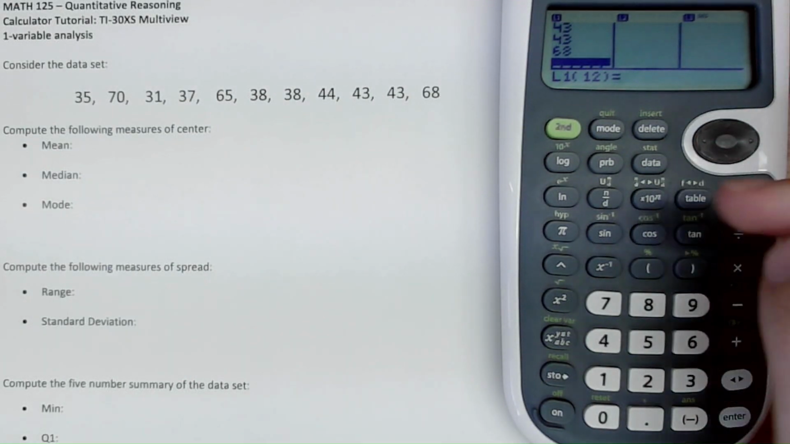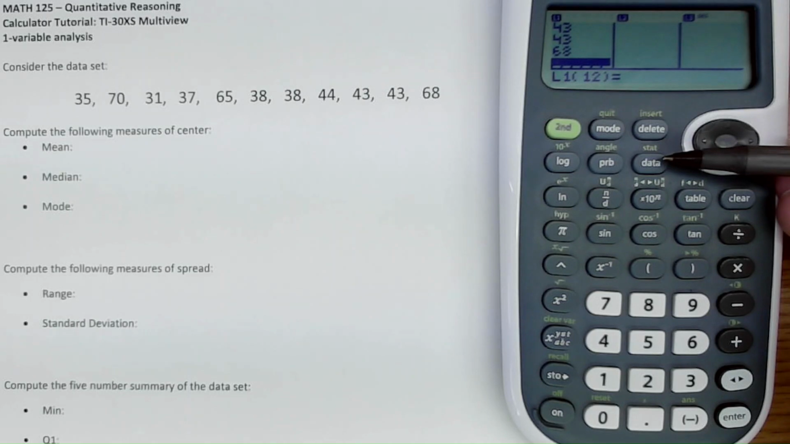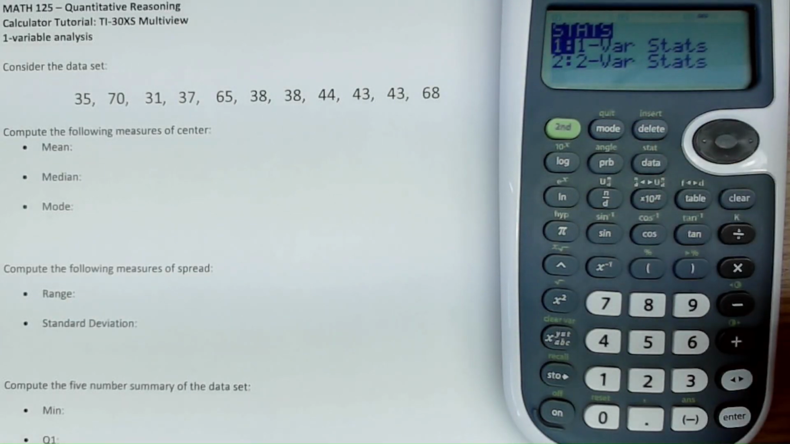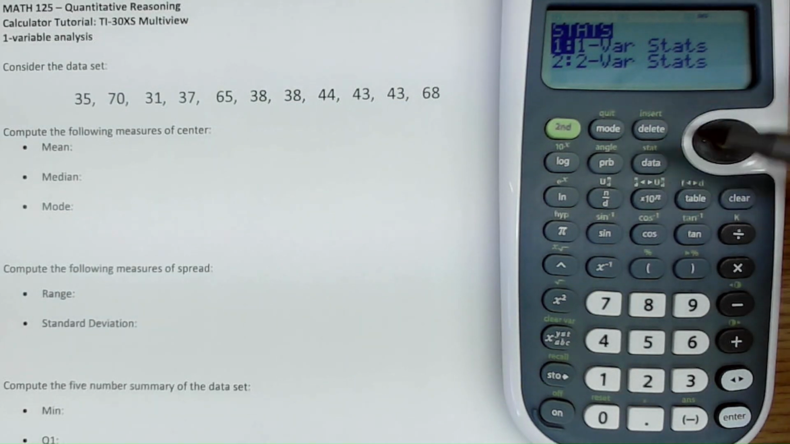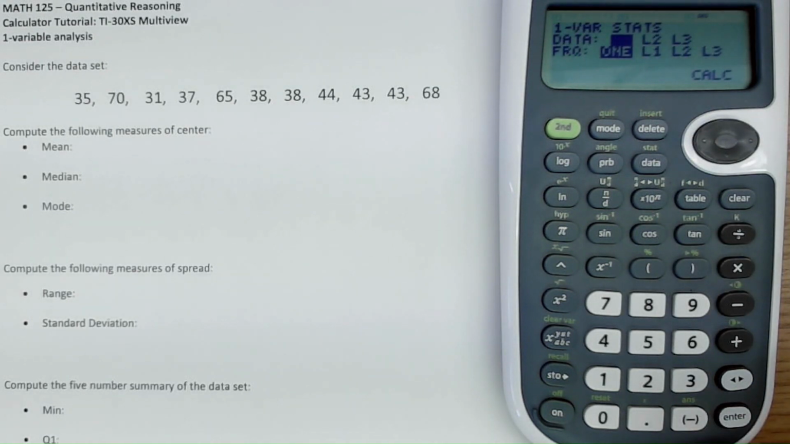Once you've typed in all of your data, you want to hit the Stat button. That's this green button right above the data. So you're going to have to hit second and then data. So that'll get you into the stat mode. And we can either do a one-variable analysis or a two-variable analysis. In this video, we are interested in a one-variable analysis. Once you hit enter, then